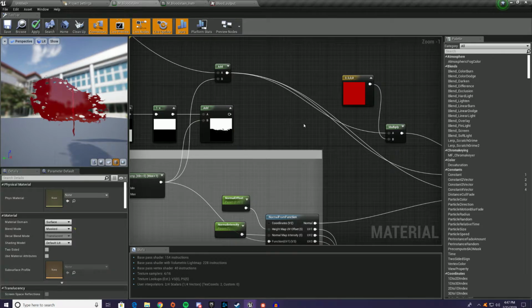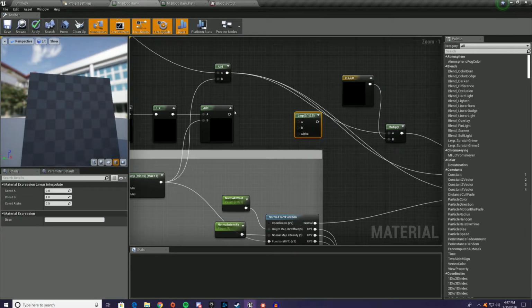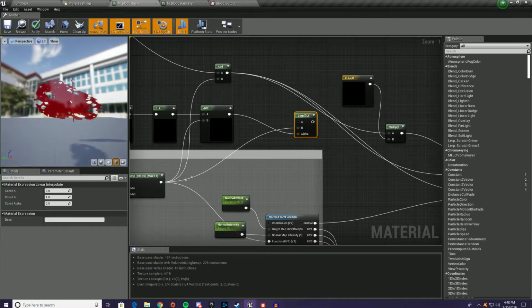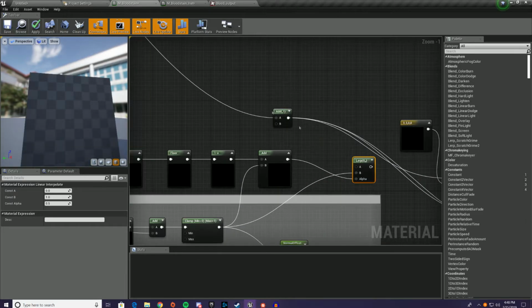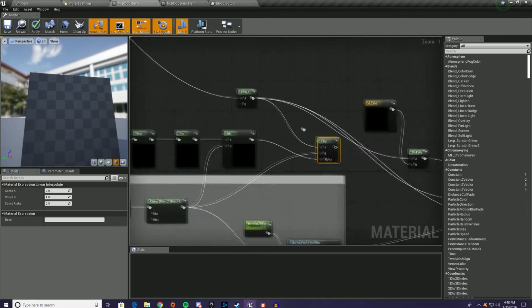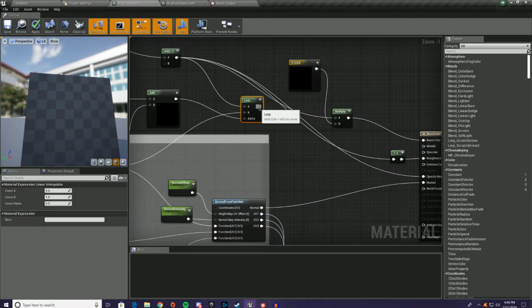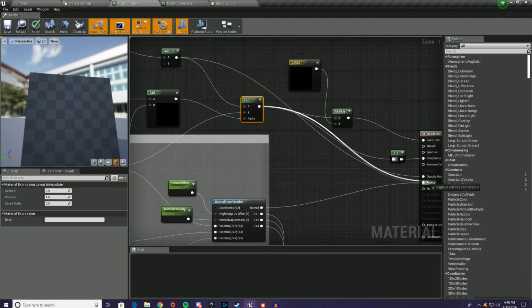And then we are going to use a lerp. We're going to use that as the alpha. And then plug in to the 1, which is where that above the line and where the stain is. It will spit the stain in, and then it will put in the blood drops where the black is. So now, if we plug that into everything we had that plugged into before, we should see something starting to